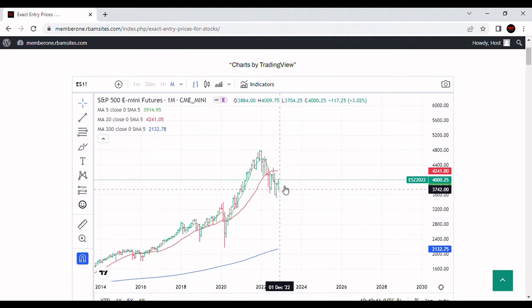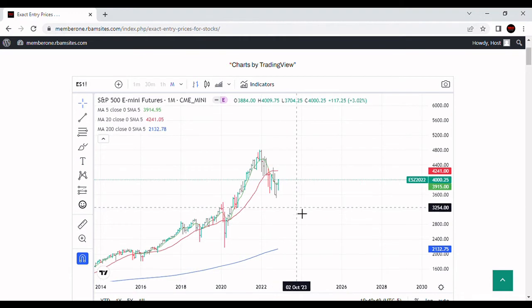So what does that really mean? What it means is they've raised interest rates. That's what it means. They've raised interest rates and the stock market sold off. That's all it means. It doesn't mean the dollar's weak.